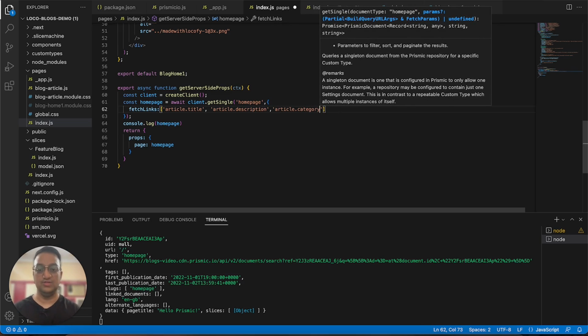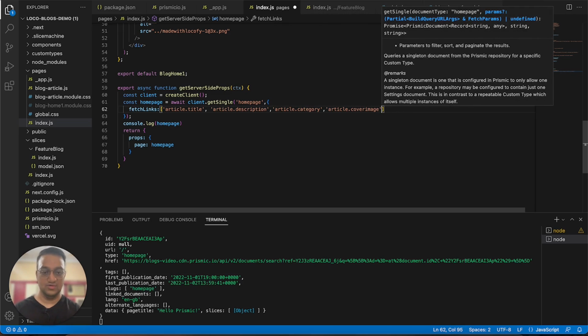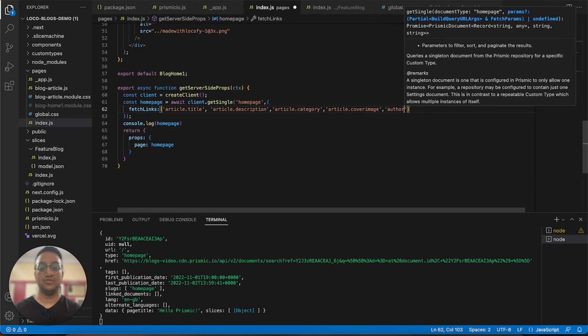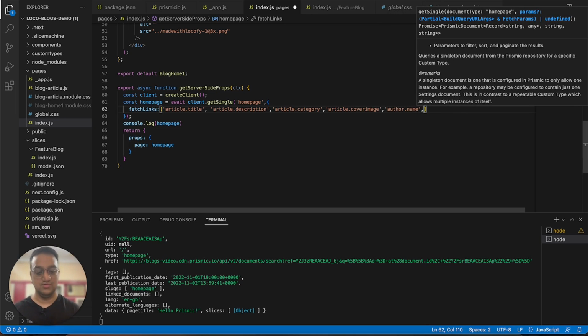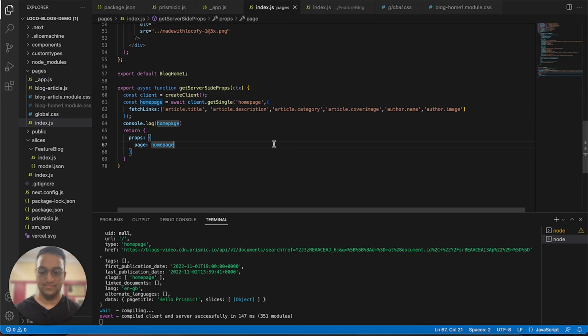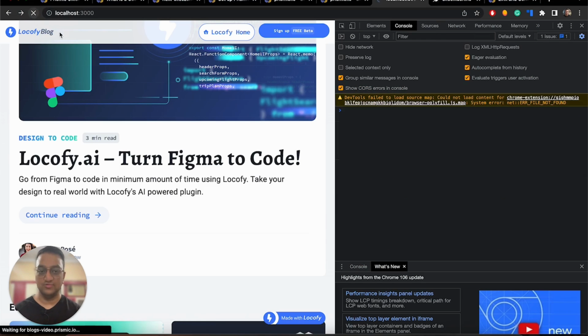article.category, article.cover_image. We also have author attached, so for author we can write author.name. Then we can write author.image, and now we can save it. Now if we head back and reload our app,